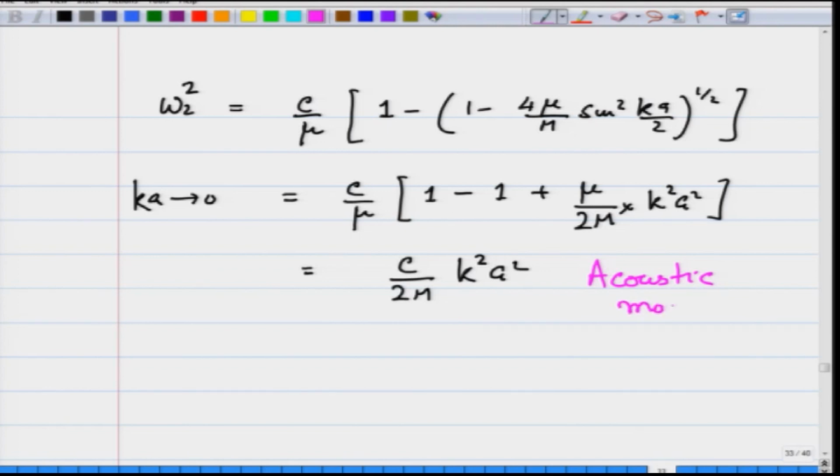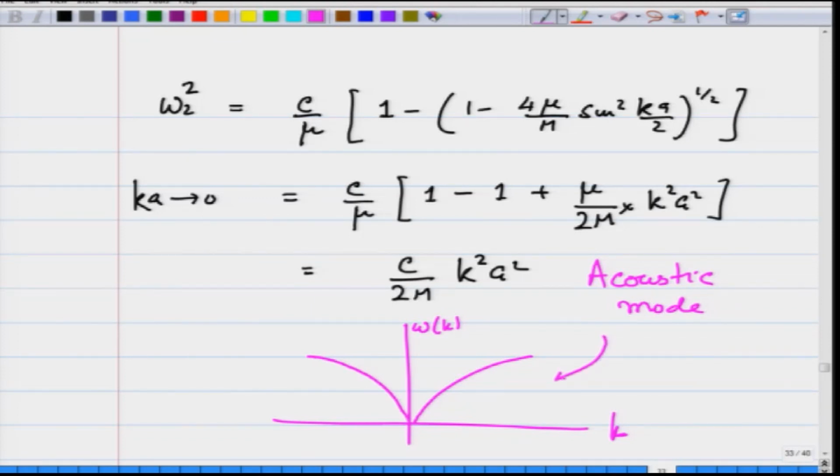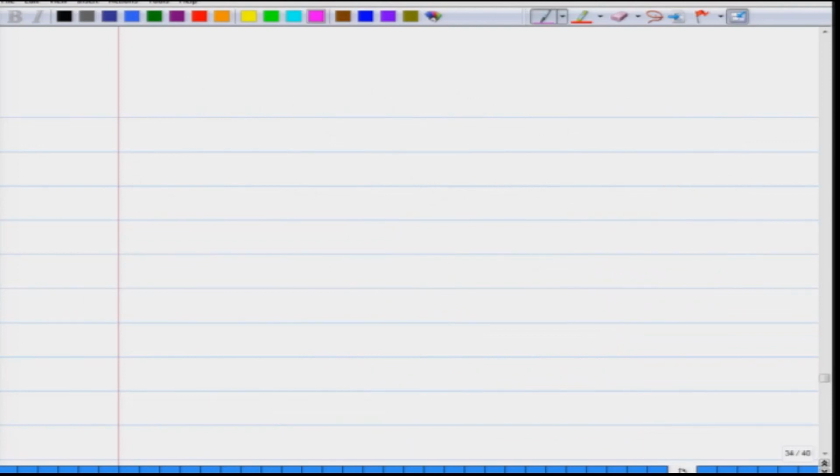So, this is the acoustic mode, and in this case omega k versus k goes exactly like a single atom mode. So, this is known as the acoustic mode. So, in general, when I have these two atoms per lattice site,